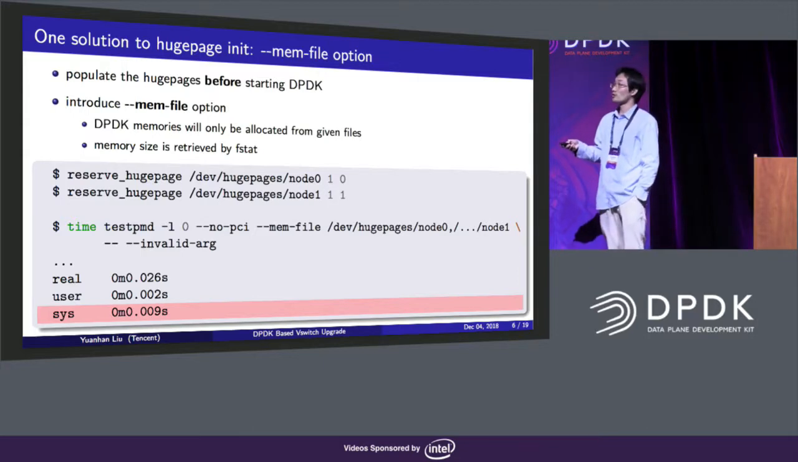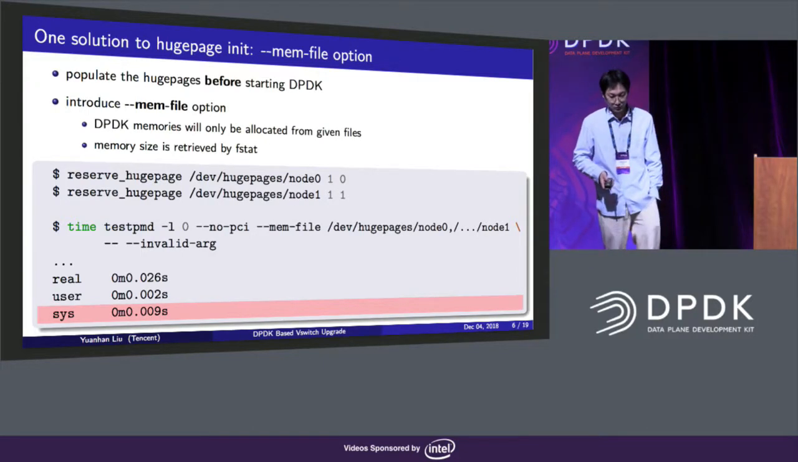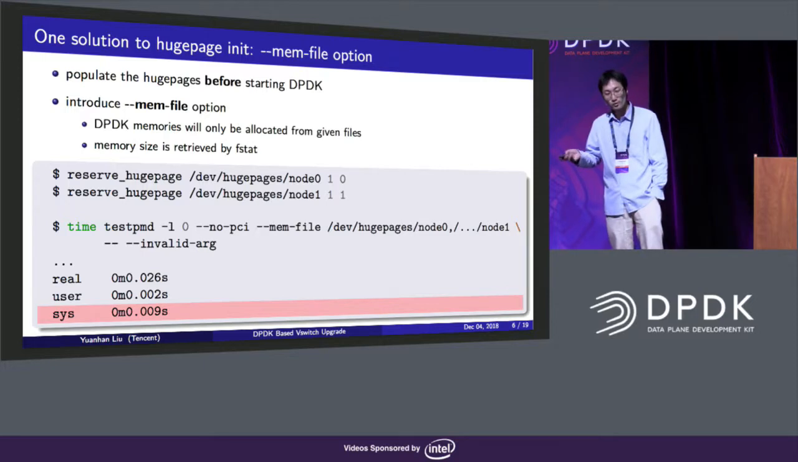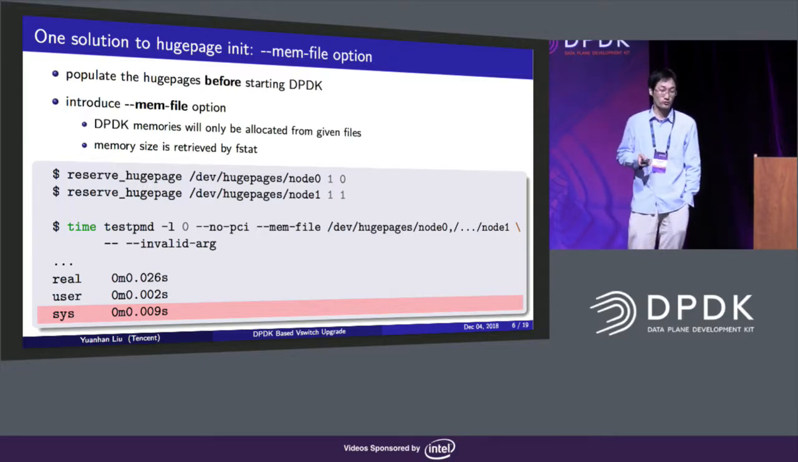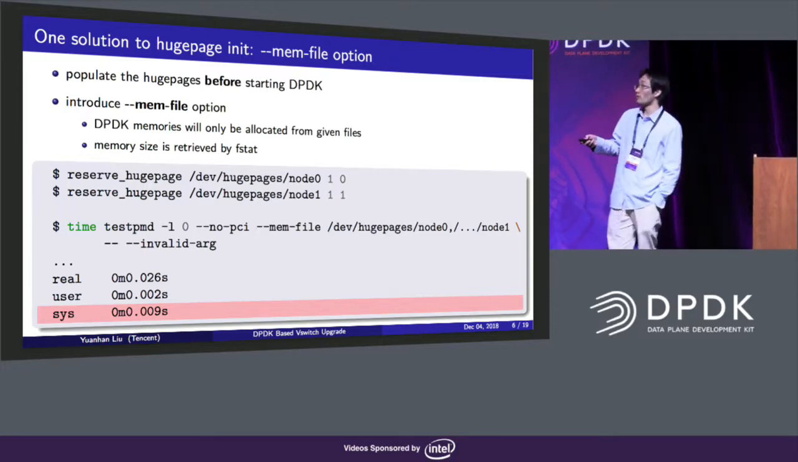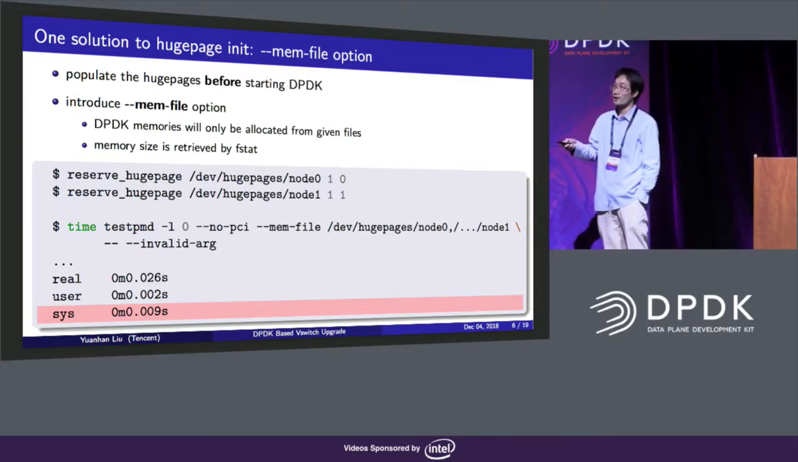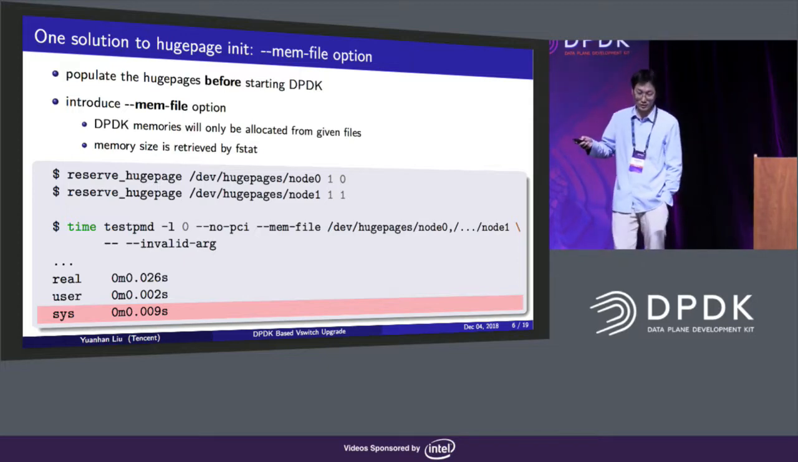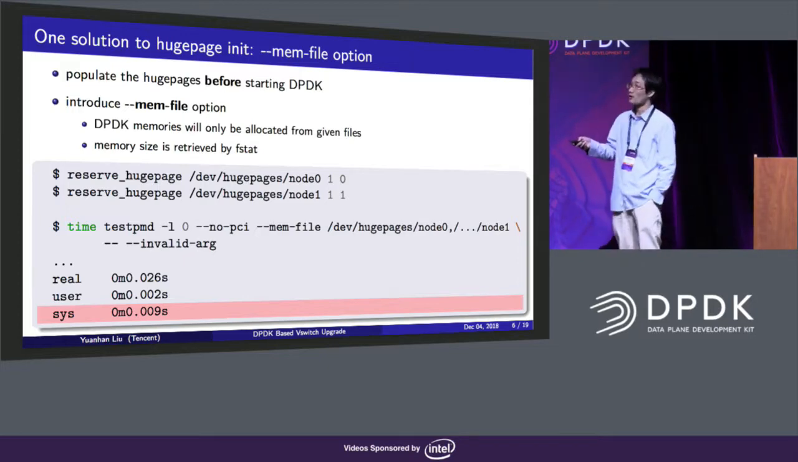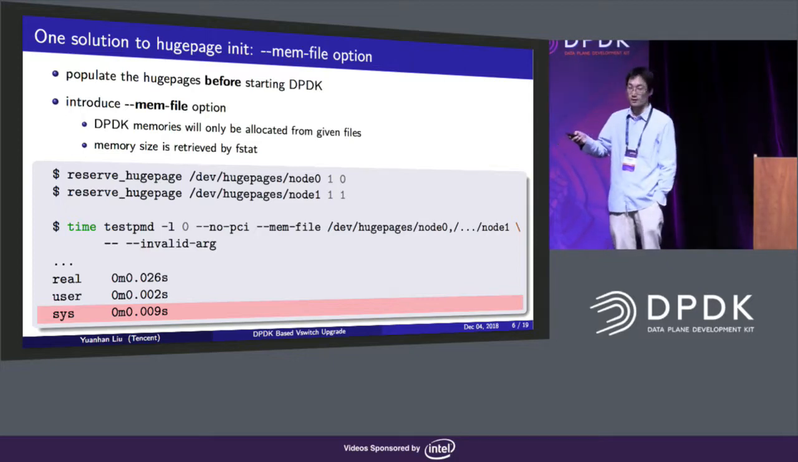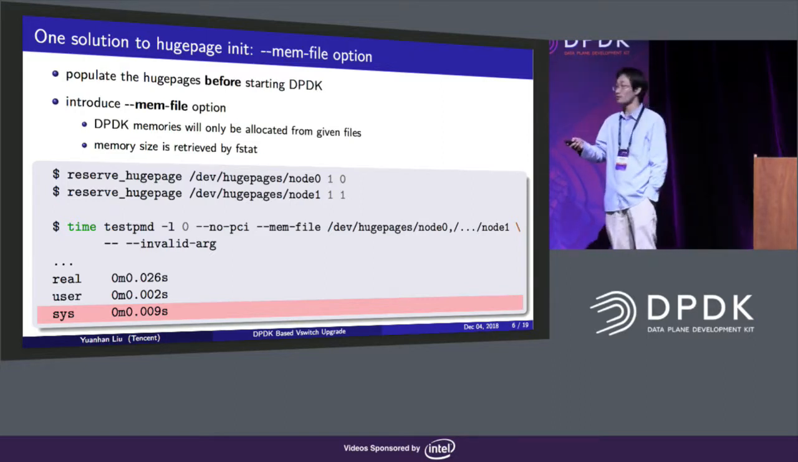So reserve huge page is a simple program I wrote, which is actually just calling the mmap function, and also with a populate flag. So when you run the program, the kernel will allocate the huge page for you. The second parameter is the size, and the last parameter is about the node. So what it does is basically allocate 2 huge pages, each one with 1 gigabyte and on 2 different nodes. And then we fed the 2 files